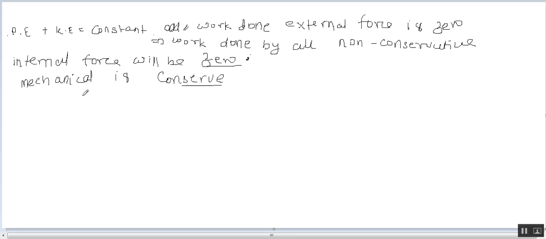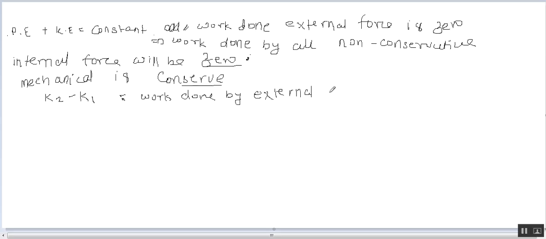Net work done is equal to change in kinetic energy. So K2 minus K1 should be equal to work done by external force,